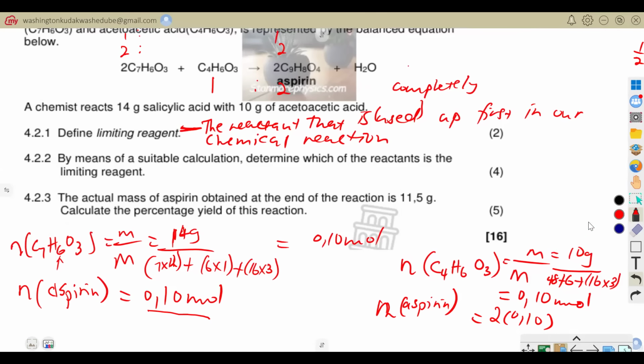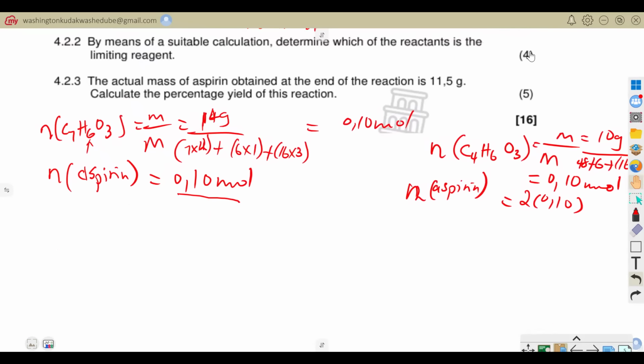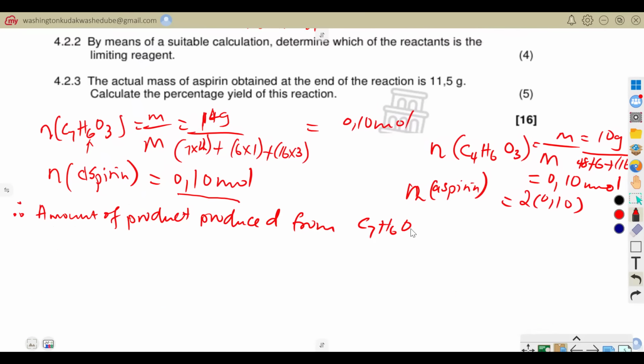So these are the calculations that you are going to do. And thereafter, you are going to say that the amount of product produced from salicylic acid, which is C7H6O3, is less than